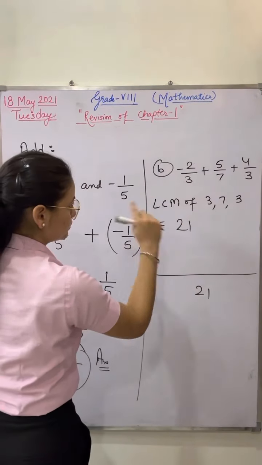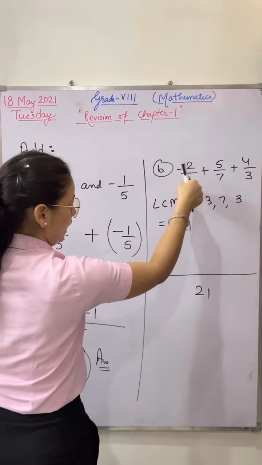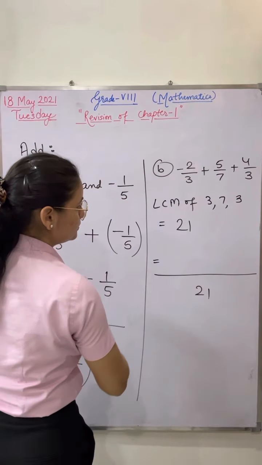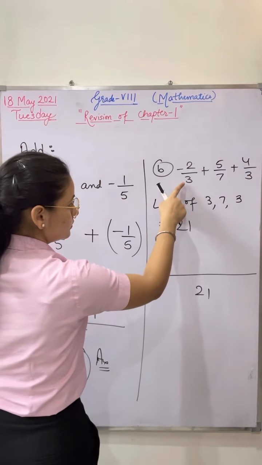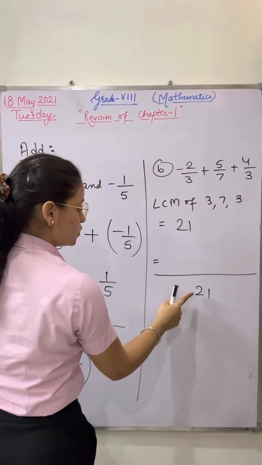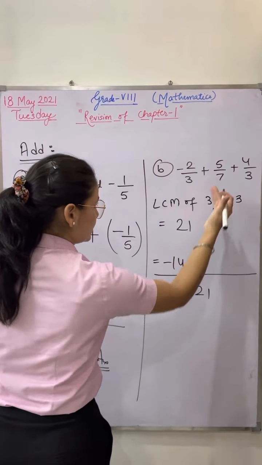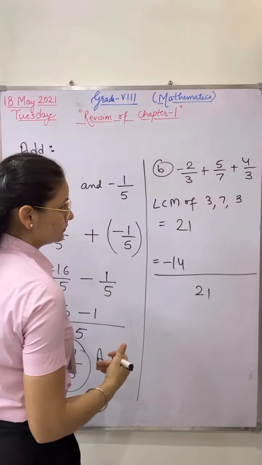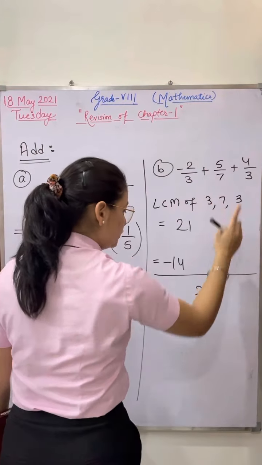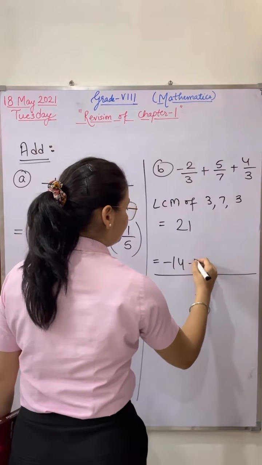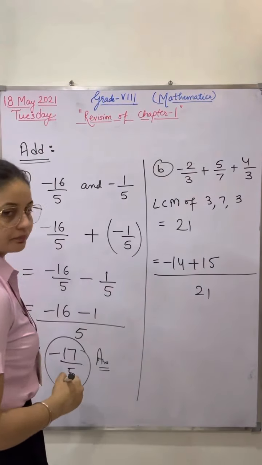Now tell me. What will come here? Ma'am, minus 14. 3 7s are 21 and 7 2s are 14. Minus 14. Very good. Next. Plus 15. 7 3s are 21. 3 5s are 15. Very good. Plus